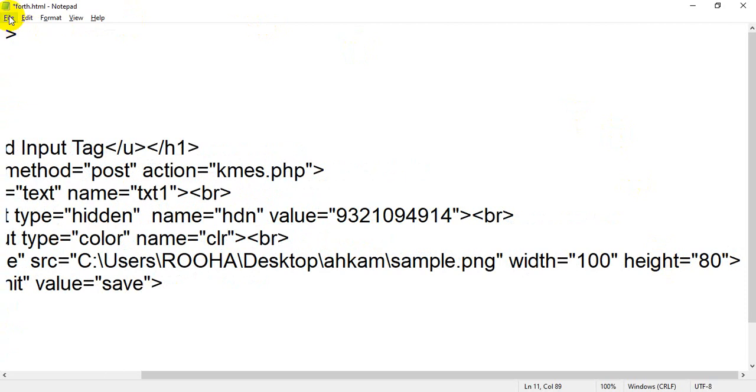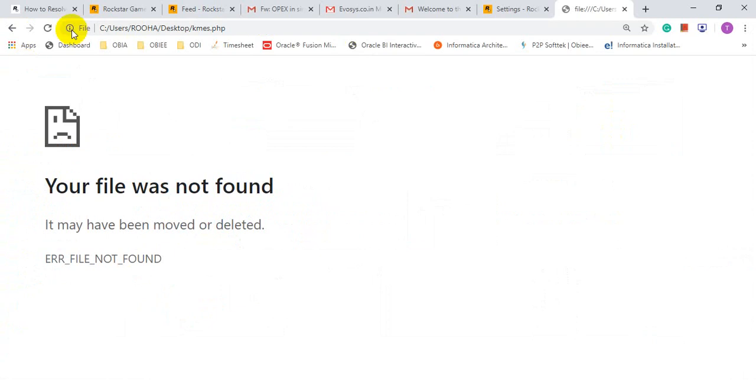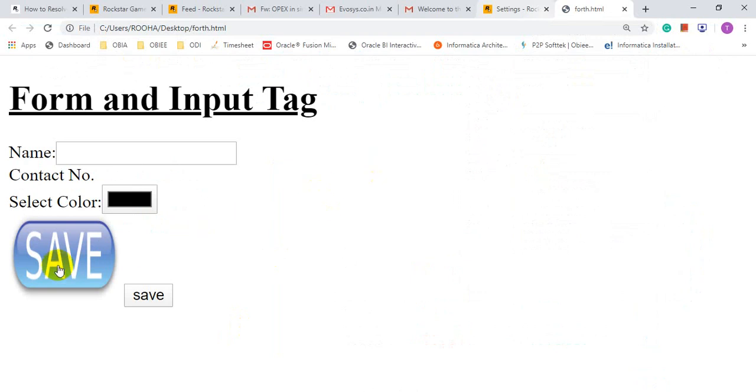Click on file, click on save, flip back to your browser, not this browser, where you have saved the file. Double click on that. See, the size of this image is now reduced. You can reduce it a little more.